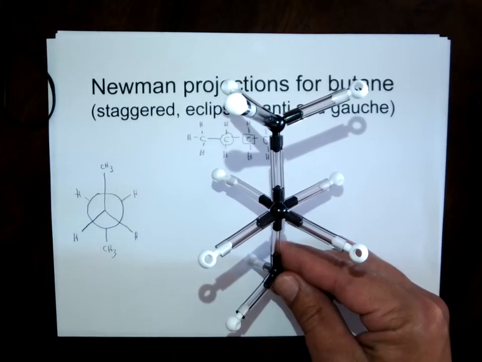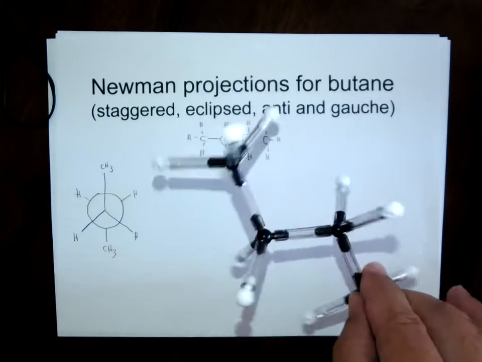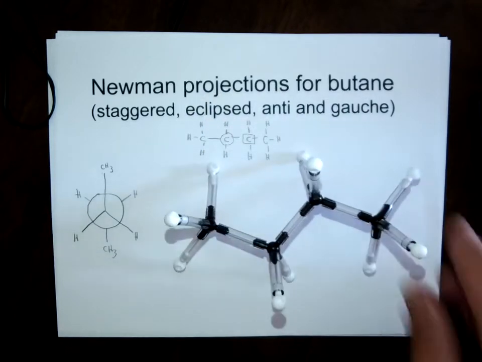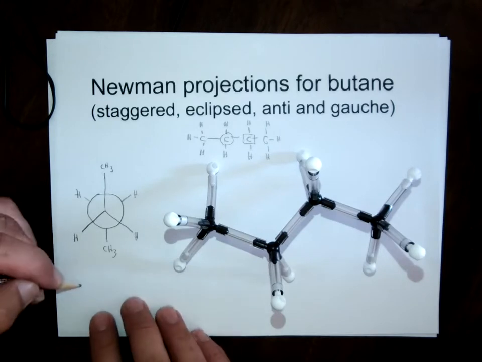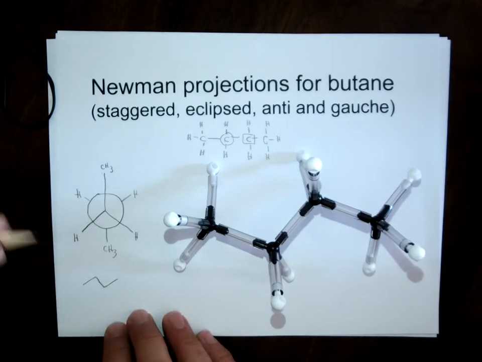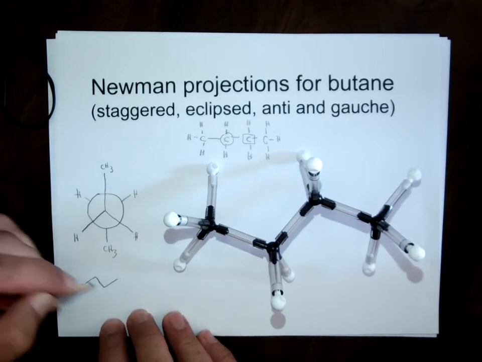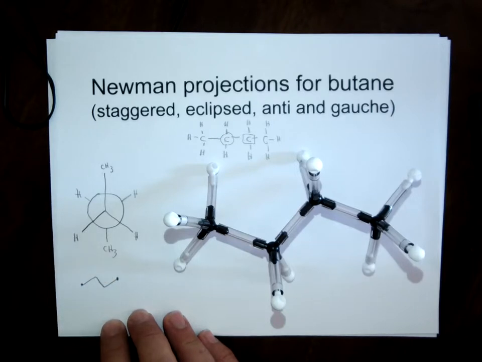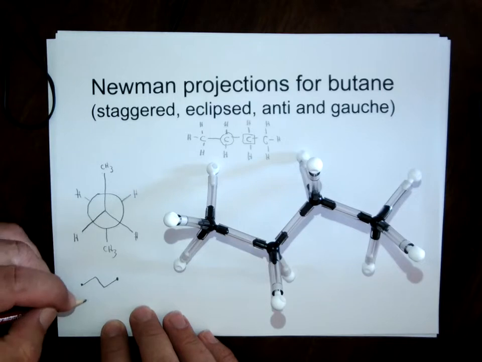So this conformation is particularly stable and is typically how we draw the skeletal structure for these molecules, with a little zigzag like this, because it makes the first carbon as far apart from the 4th carbon as it could be. It's the greatest distance apart. So this is a staggered conformation,